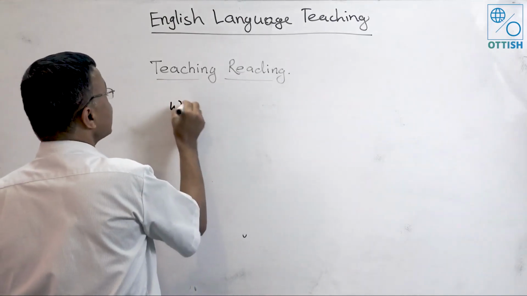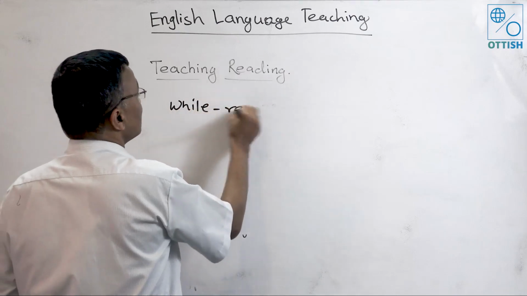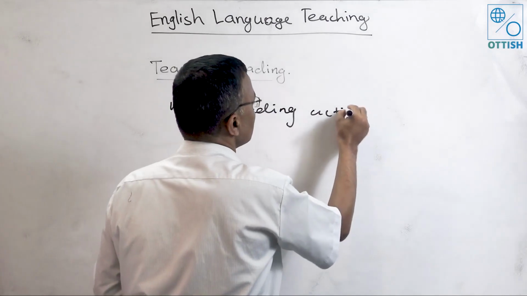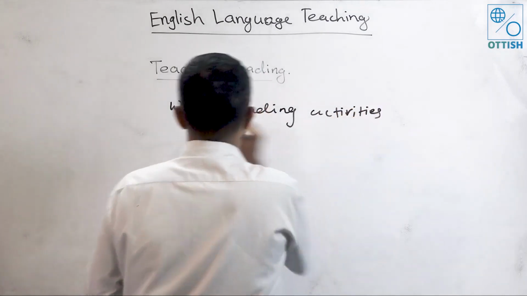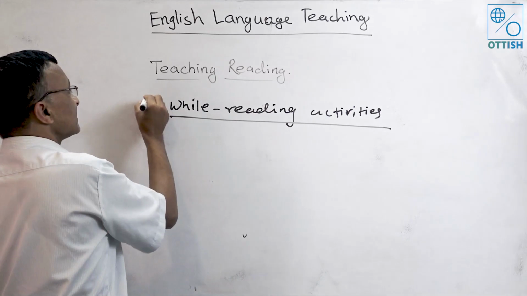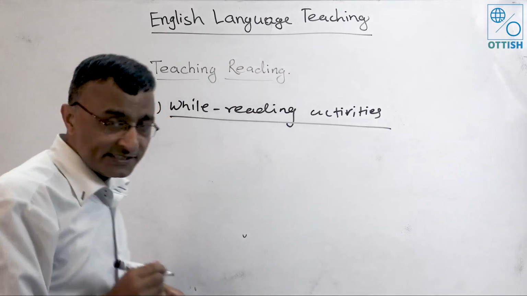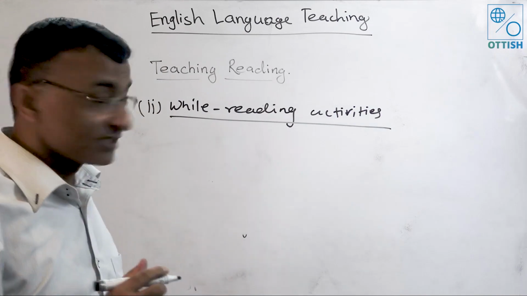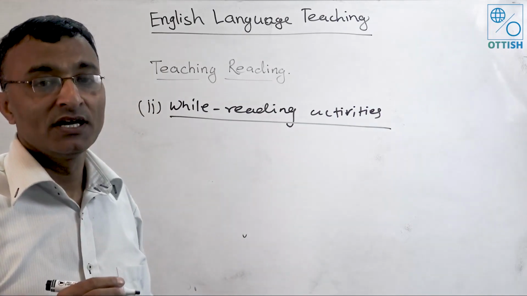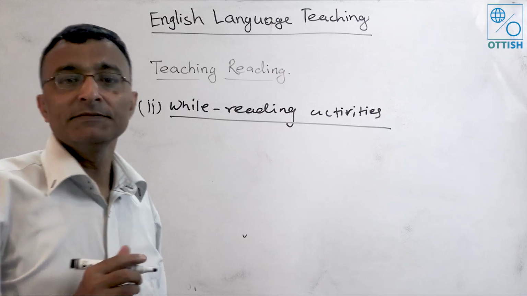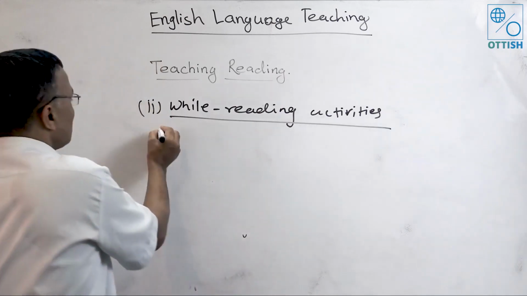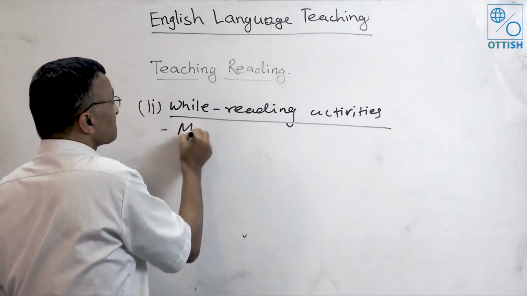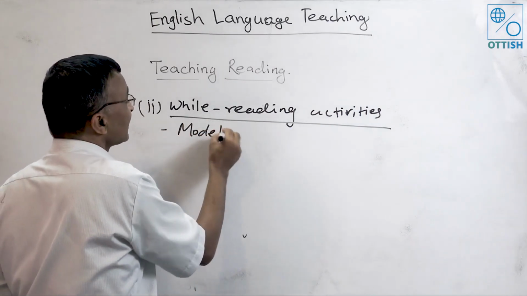The second phase is the while reading phase, and in this phase or stage, certain activities are carried out. Generally, in this case, the teacher can present the model reading of the text,